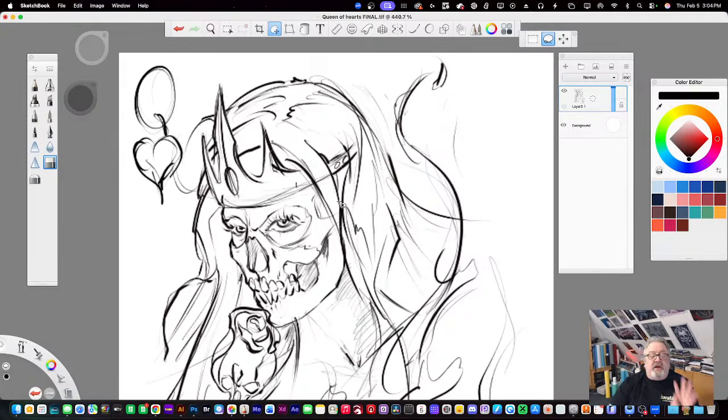But the basic way I use it is just as a sketchbook with layers. Okay. So what I'm going to do is make a new layer. This is going to be my work layer. This is the layer of the source image. I'm going to lock it so I don't mess with it.